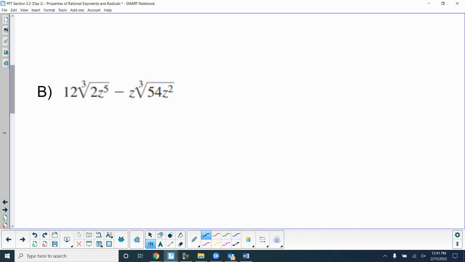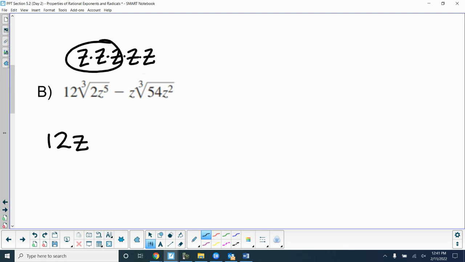Okay. So, are they the same radicals? Not right now, they're not. So let's try to simplify. So, what's my index? How many z's do I have? So there's 3 in there, right? So what can I pull out? Here's 5 z's, right? So I can pull a z out, right? 2 are left over, so this is cube root of